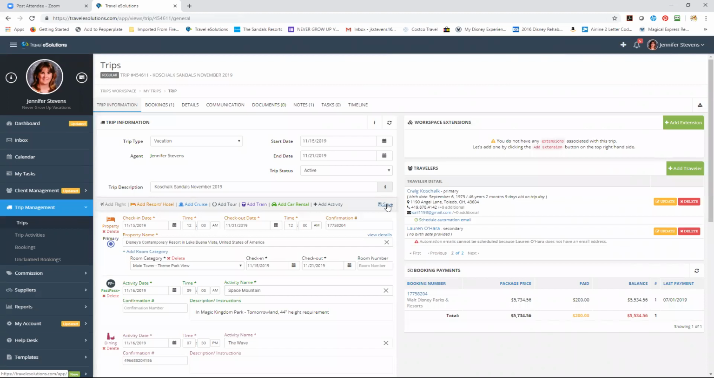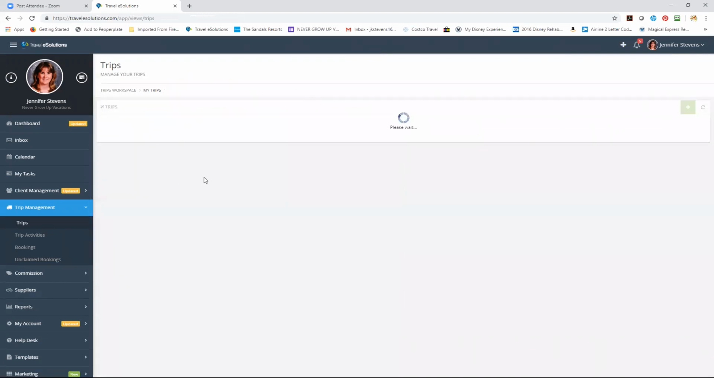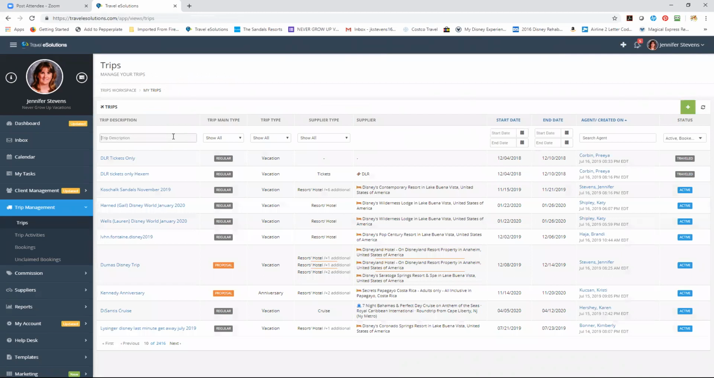But it gives you that single place that you can go to, because we all know that My Disney Experience sometimes is a little glitchy, so trying to find that is a little bit difficult. Now, this was a pretty simple trip, but I'm going to show you my trip from California and just show you how